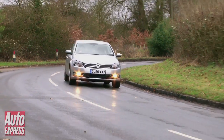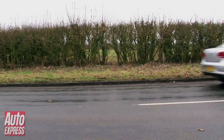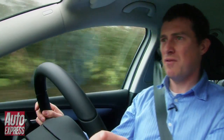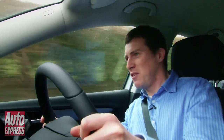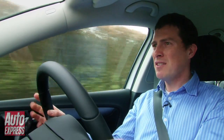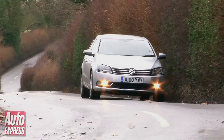As for the downsides, well, I'm going to have a moan about the seat bases, because they don't seem to have any lateral support, which means it feels a bit like you're sitting on a bench and you kind of roll about a bit in the corners. Also, I have to say that some of the materials lower down, such as here, just below the dash, feel a little bit cheap, and as a result, it doesn't feel quite as upmarket in here as in a